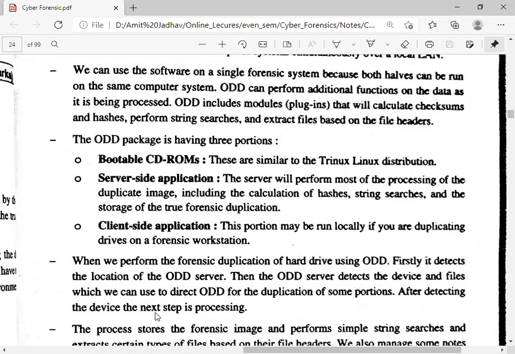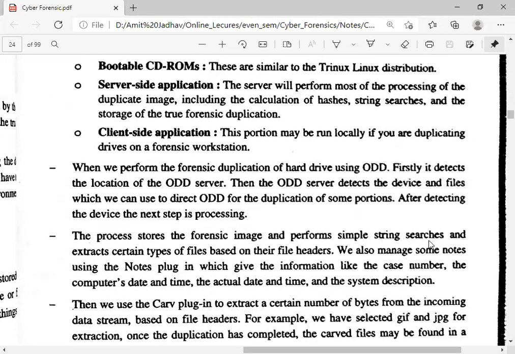After detecting the device, the next step is processing. So first we execute the server side application. When we perform the forensic duplication on hard drives using ODD, it first detects the ODD server, and that ODD server detects the device and files which we can use to direct ODD for the duplicate. So it first executes the server side application and finds out the files where the ODD tool will create the duplication. The process stores the forensic image and performs simple string searches and extracts certain types of files based